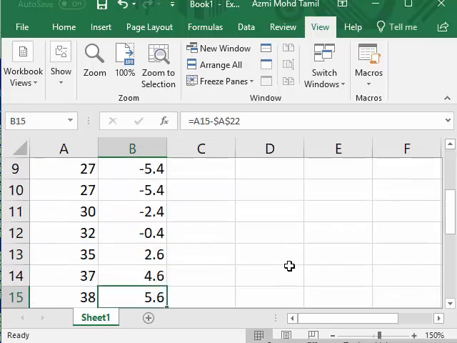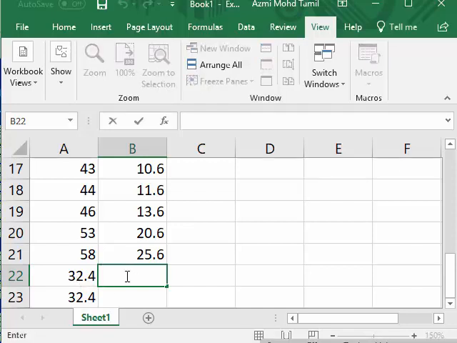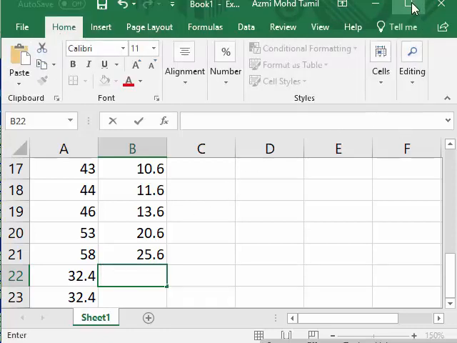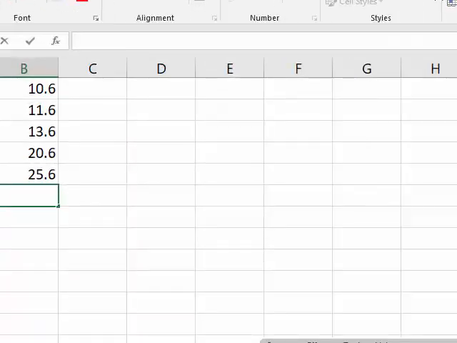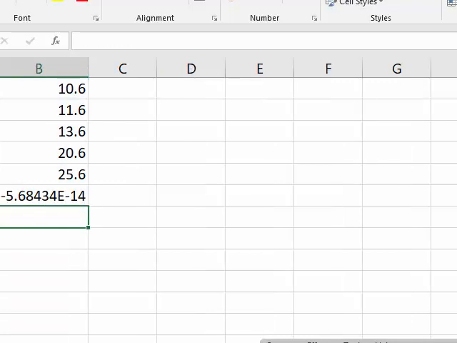If right now I ask for the sum of all the differences, I get 0. If I ask for the auto sum, I get 0. The auto sum command is like this. As I said just now, you click Home. You look at the top right side, auto sum. Auto sum command, enter, you get the